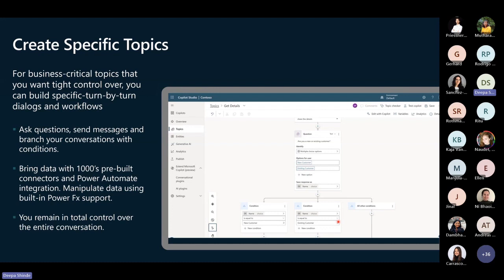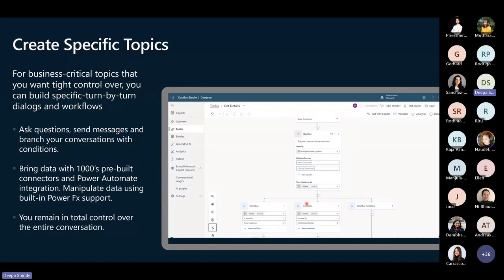It's always important to design those topics, and those topics could be designed like I said. It's all about mixing and matching and dragging some of the actions, and also dragging things like Power Automate workflow, generative answers together to go back to the user. But a topic is basically anything that your bot is specifically for. There could be 2 or 3 relevant topics that you need to design for your Copilot.